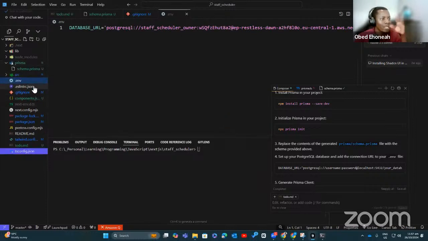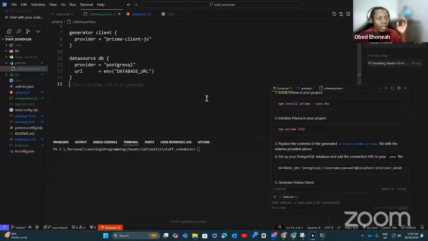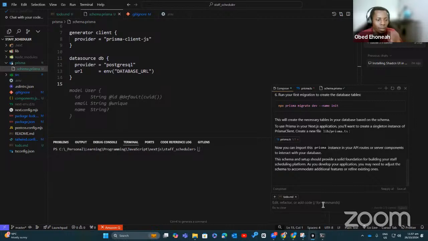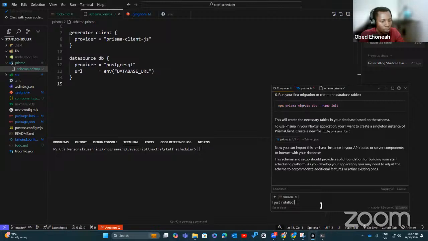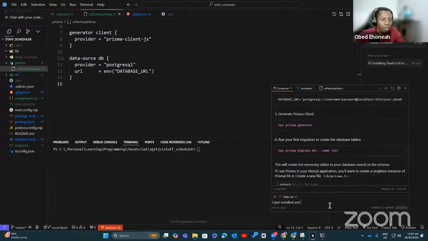Okay. So this is still like our base one. And we are going to ask the AI to use what I just installed, and did we initialize it? We did, right? We did, but we are yet to create these things. And initialized Prisma. So add the relevant schema for us to start with.